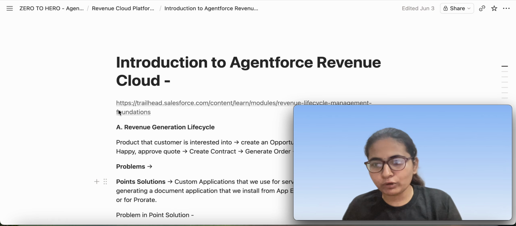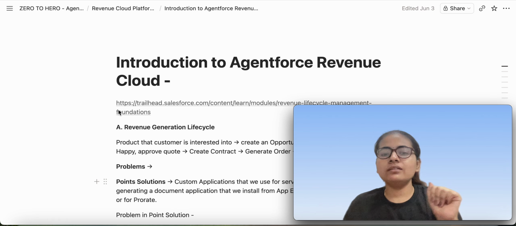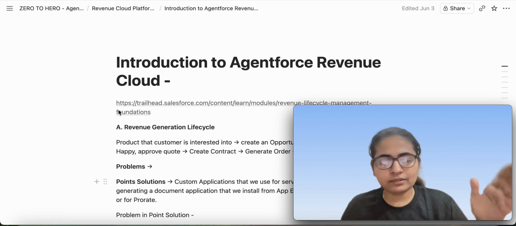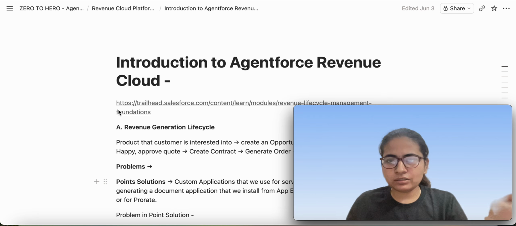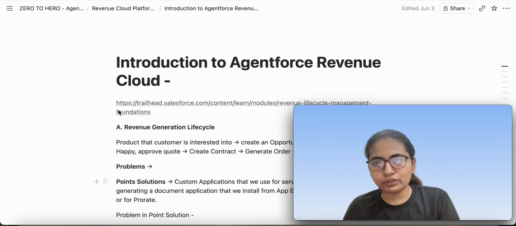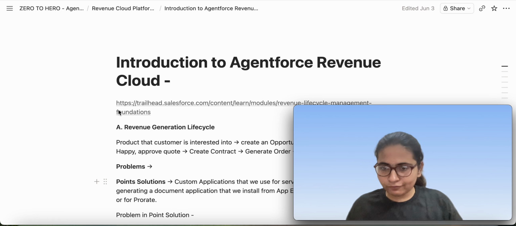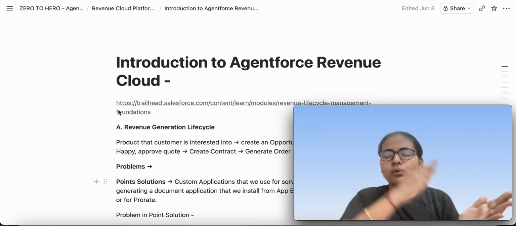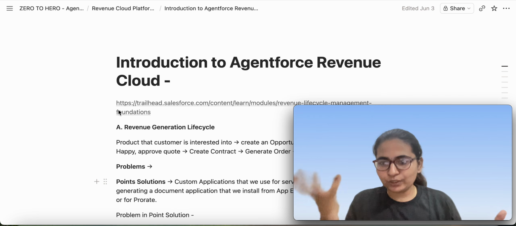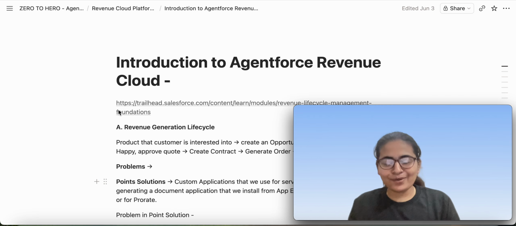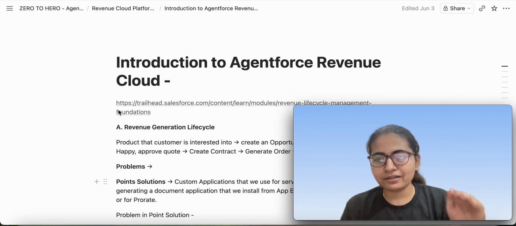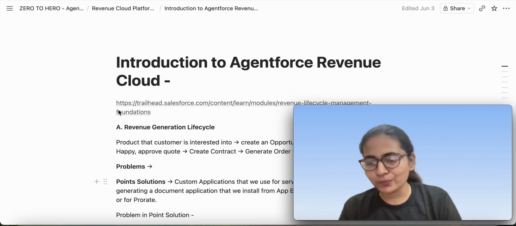Earlier you were only getting the right products configured, setting up the right pricing, and generating the documents. Now you are more interested in everything from product selection to handling the cash, and in the end getting the money, which is why all businesses do it, right? So this is the entire circle, and that is the difference between CPQ and Revenue Cloud.